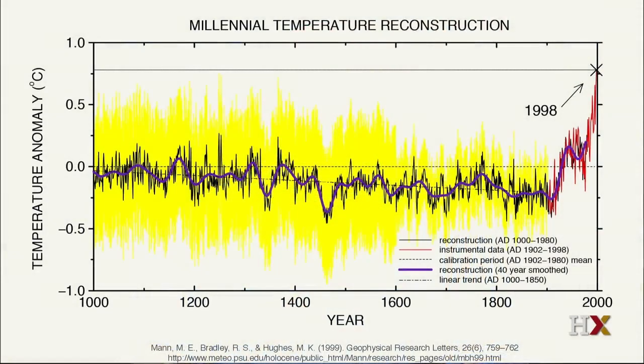Now, there's been a lot of argument about whether temperatures 1,000 years ago were comparable to what they are today. And you can see that it's possible that temperatures going back 1,000 years were similar to what they are today, certainly within the error of the analysis. In addition, Mann's work was heavily scrutinized by statisticians who argued that some of the statistical methods he used to combine the different data sets were inappropriate.